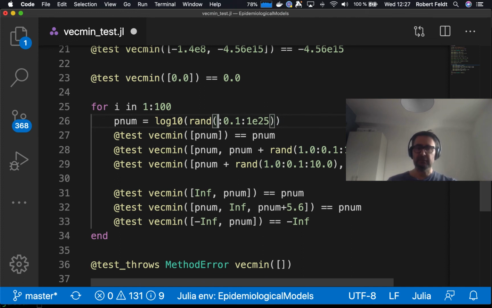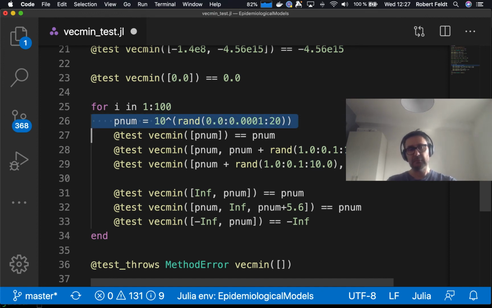We want to generate random floats from 0 up to, I don't know, 10 to the power of 20, right? And we're going to go much deeper here now because it's on the log scale. So give me a random number between 0 and 20, taken in very small increments. And then we're going to take 10 to the power of this random number because then now the range is on the log scale when we're randomizing. So now we get much more often we're going to get small values. So if we do this,